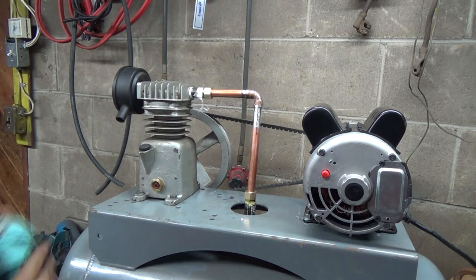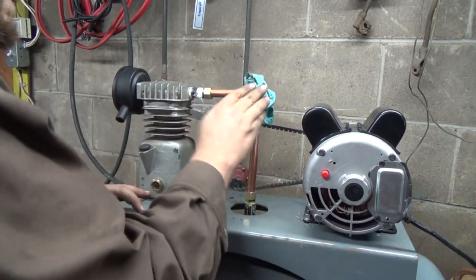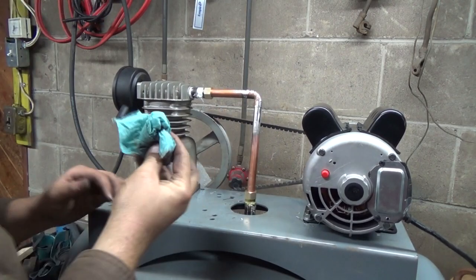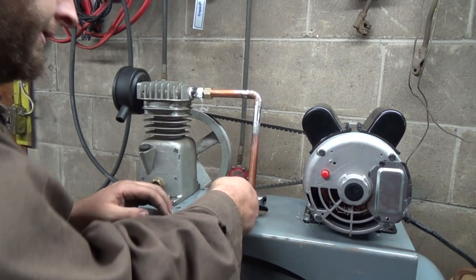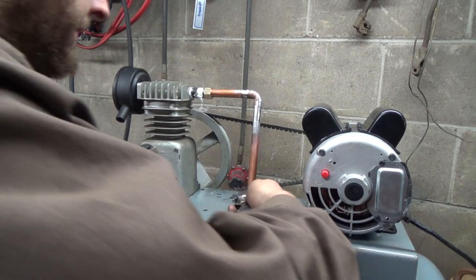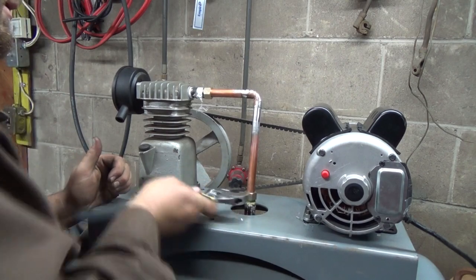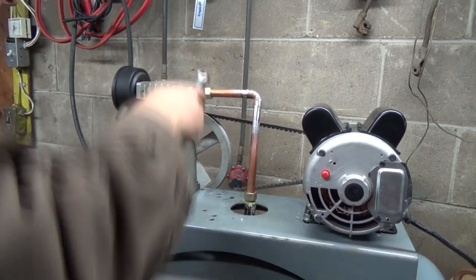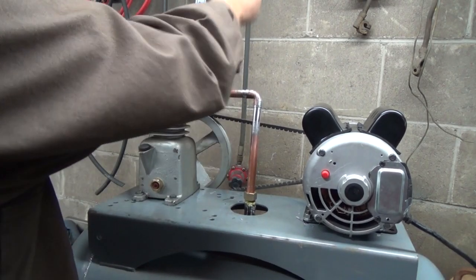Alright. Give her just a little cleaning. Nice and shiny. Oh, that was hot. That was my finger burnt onto there. Ow! Okay, basically, as far as I understand, we can just crank these suckers down a bit. Hopefully this is going to work here. I'm not going to go super crazy with these yet. Oh, I didn't Teflon either, but...